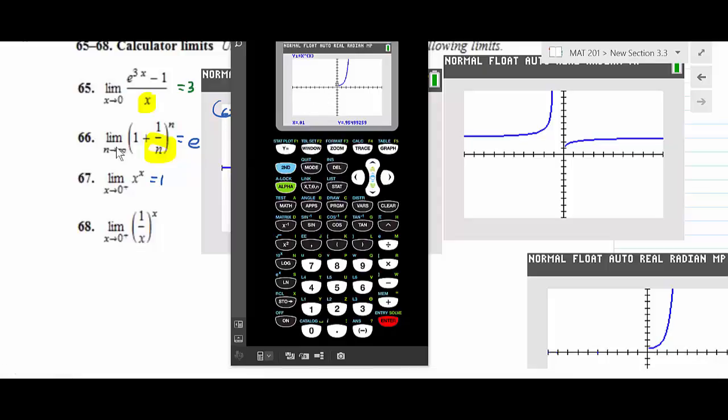Although what's weird about this one, and this is something that's kind of worth thinking about outside of class, if x was -1, there is an answer to that. If you do -1 to the -1 power, that's actually just, what that means is